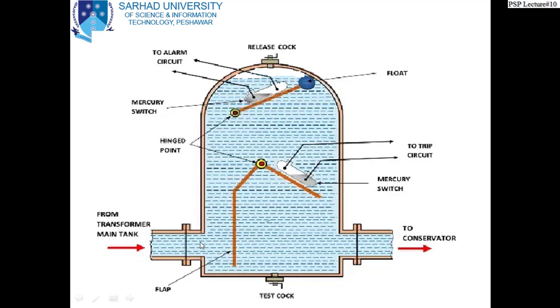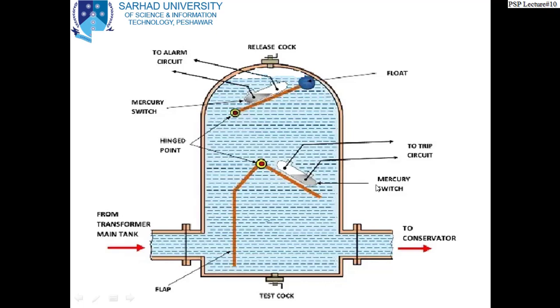Now the second one, student: when a serious fault occurs, a lot of heat is produced, and this heat decomposes the oil, and high pressure hydrogen is produced, which pushes the oil into this inlet and tilts this flap. This is a flap, and this is the hinge here. It is the flap, and it is moved, and also a mercury switch is attached to it,